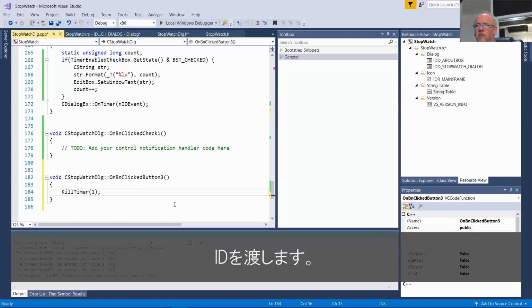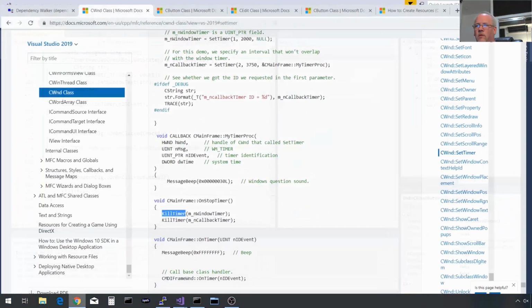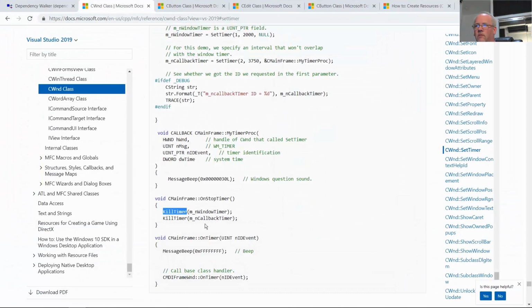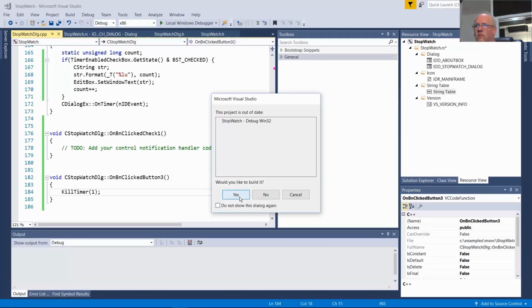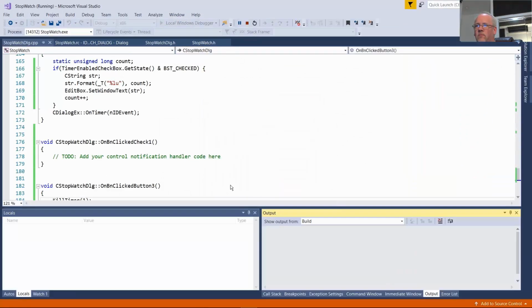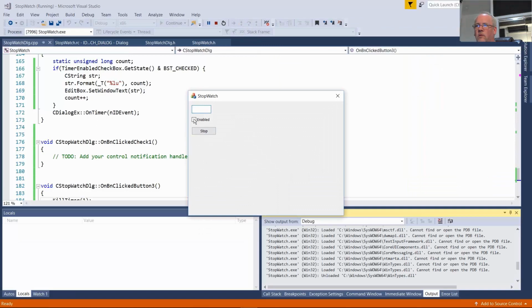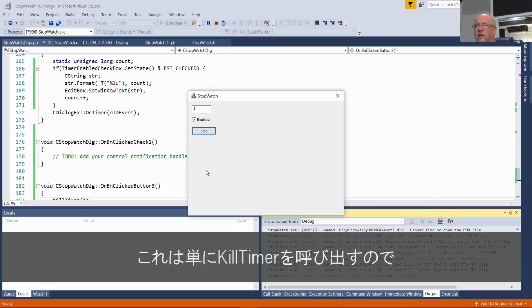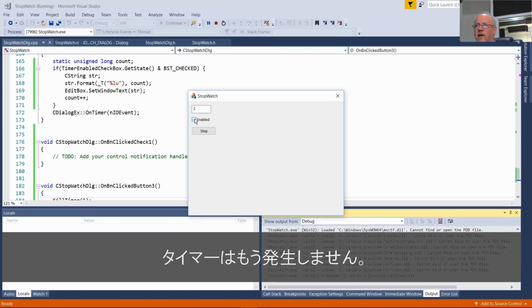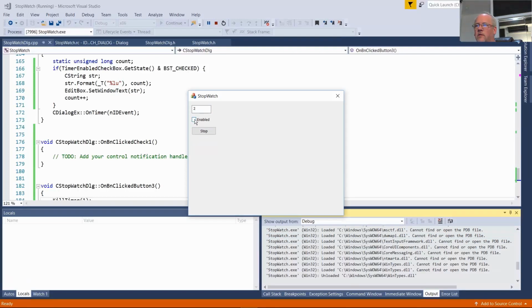I think you have to pass the ID. Yeah. So it's enabled, it's counting, but we also have another way to stop it, and that just calls that KillTimer. So now the timer's not firing, it doesn't matter the status of this checkbox.